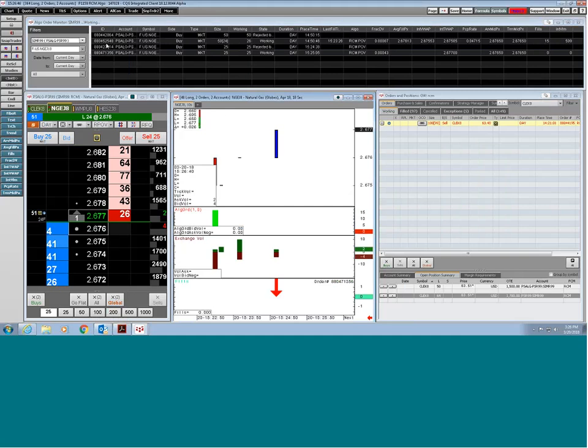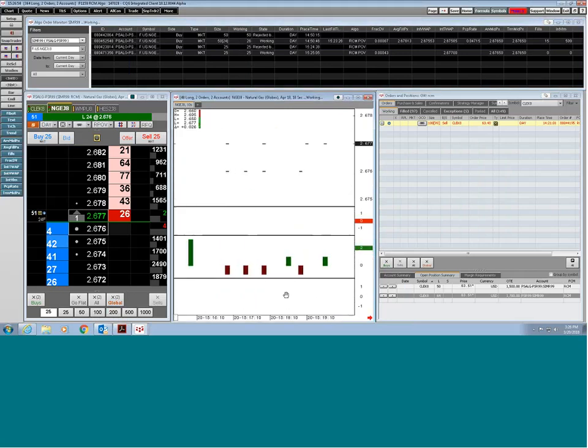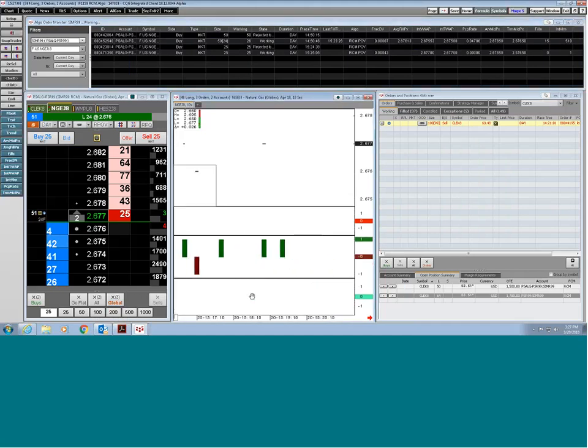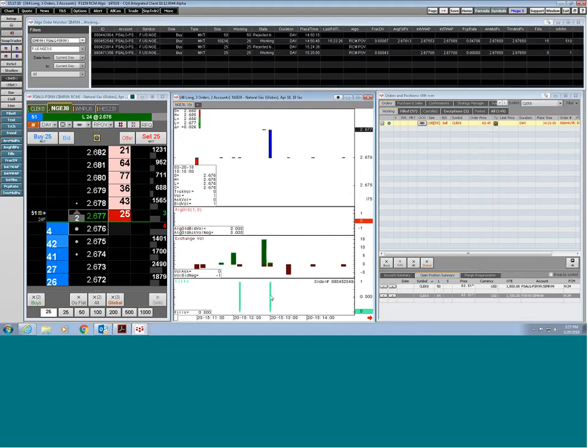If I pull in the sooner one, let's take this one, drag that one in. That one should show me the fills from earlier. That one's still working? Oh, this is the one that's working. Sorry, you have to take the right order in, obviously. But then here, I'll be able to see where my other fills are. Let's see. Scroll back. Here they are. As you hover over, you're able to see what was filled there. You got a fill here. You got a fill here.